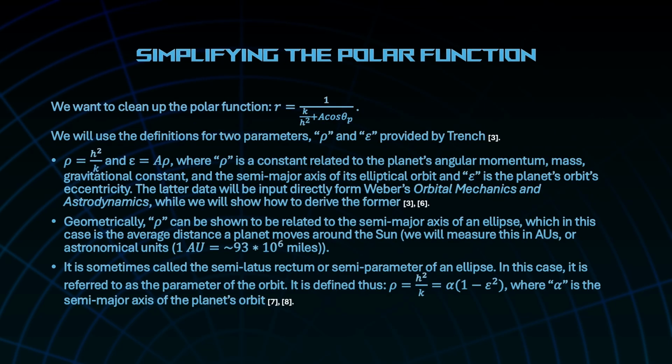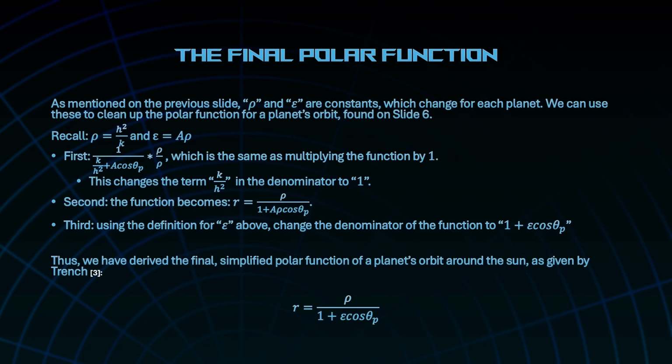We will want to simplify this polar function in order to match the form of Kepler's orbital equation. To do this, we will be using the definitions of two parameters, ρ, which is the semi-parameter of a planet's elliptical orbit, and epsilon, which is the eccentricity of that planet's orbit. You can derive the former following the steps shown here. The polar function's final form is r equals ρ over the quantity 1 plus epsilon times the cosine of some particular angle theta sub p, where if epsilon is between 0 and 1, then the orbital path described by this